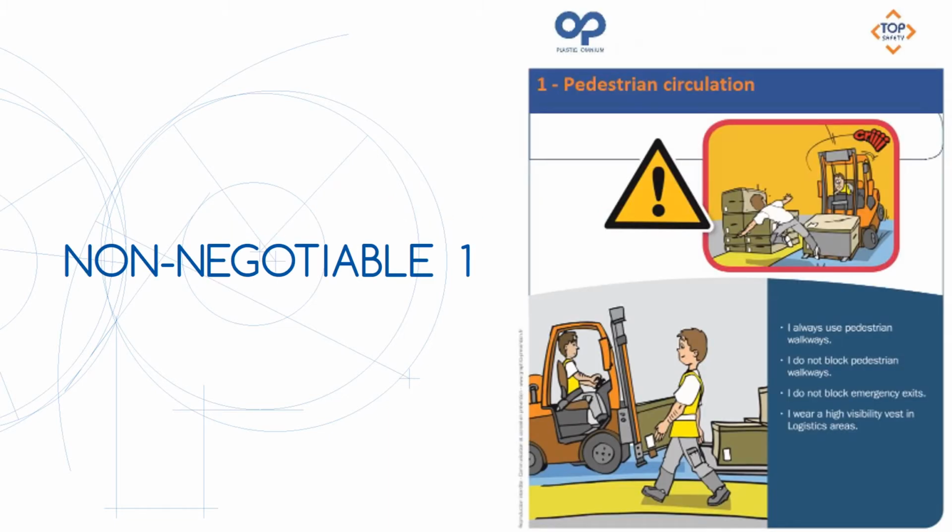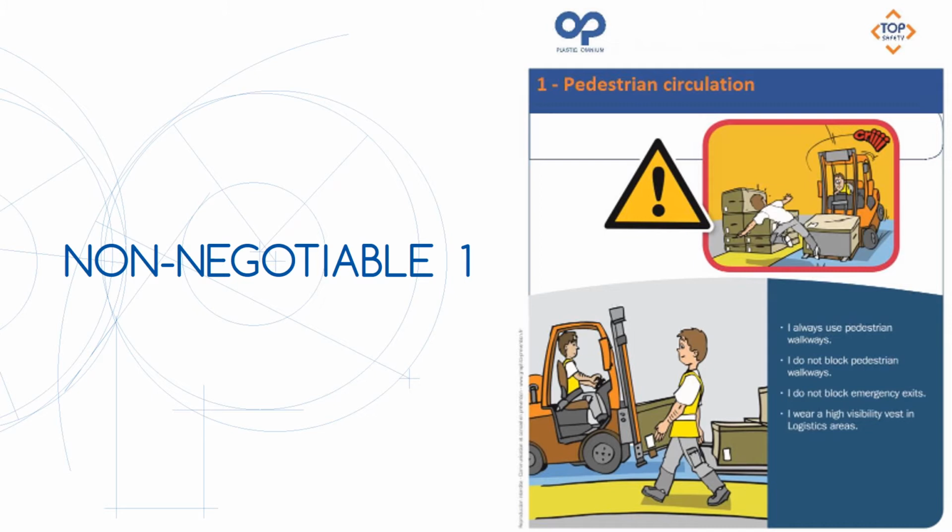Non-negotiable number 1, pedestrian circulation. As a pedestrian, I always use pedestrian walkways. I do not block pedestrian walkways. I do not block emergency exits, and I wear a high visibility vest in logistics areas. In the Adrian facility,